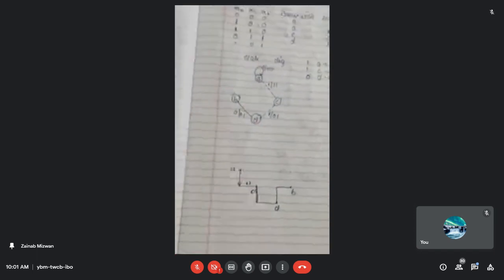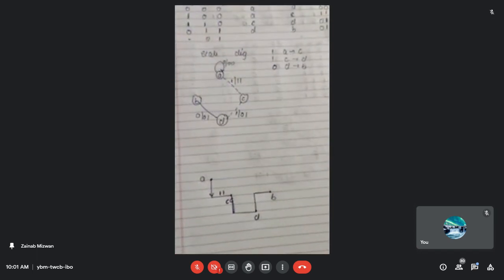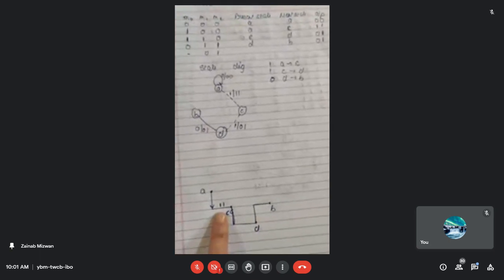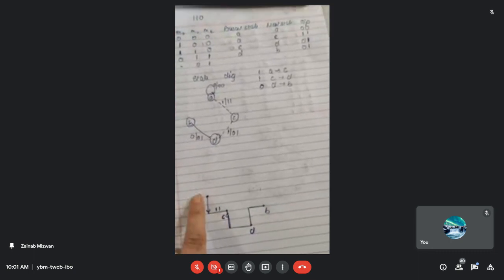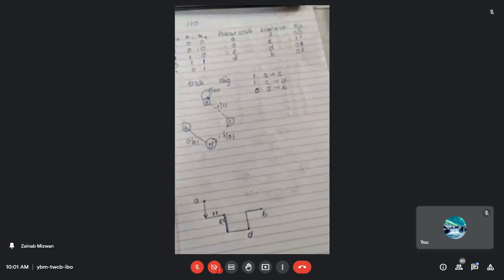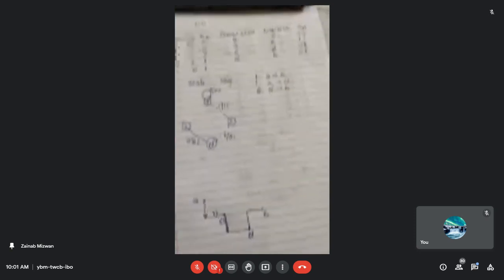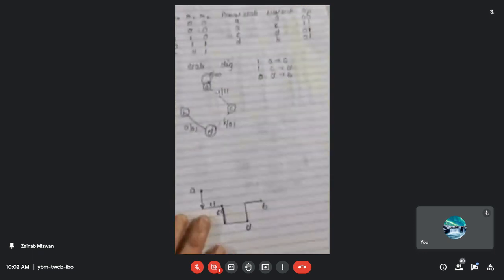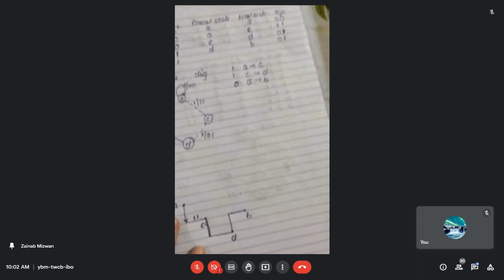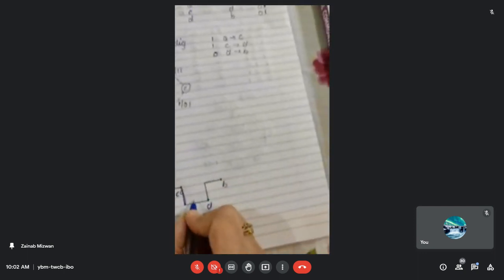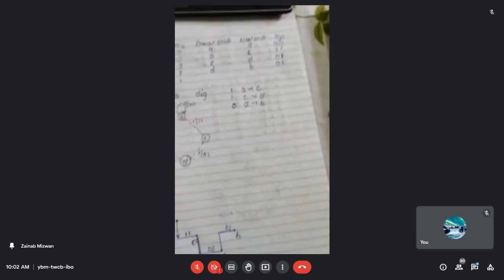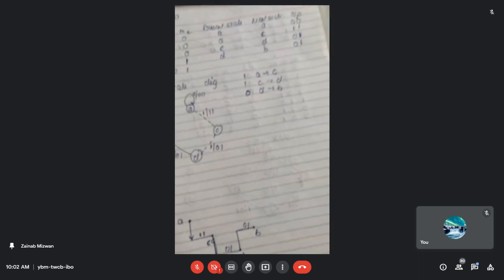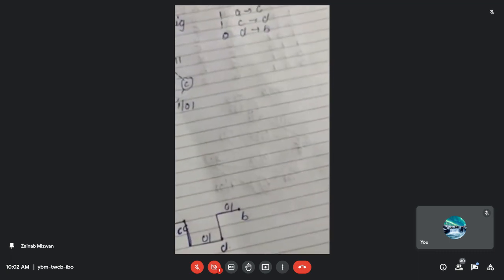Now, what did we write in the state diagram? 0/output, 0/00, 1/10, 1/11. Here I am not going to write in this way. Here I am just going to simply write what output I am getting. Because here we are moving in the upward and the downward direction, we are not going to mention the 0 or 1 value of the input. What I'm going to mention over here is the output I'm getting. So I'm getting the output 1 1, then 0 1, and then another output, 0 1. So we are getting the outputs 1 1, 0 1 and 0 1 over here. So this is how we need to draw the code tree.